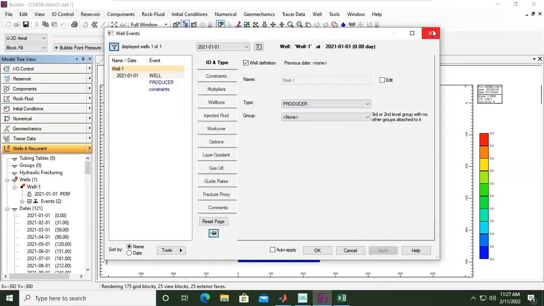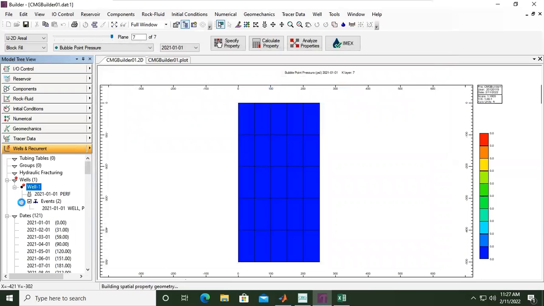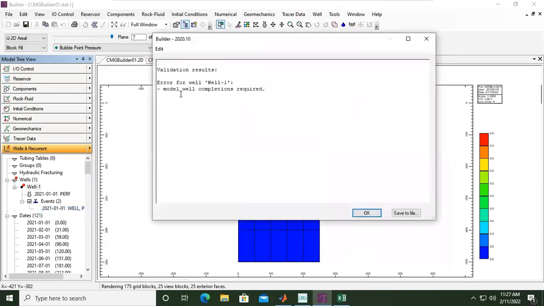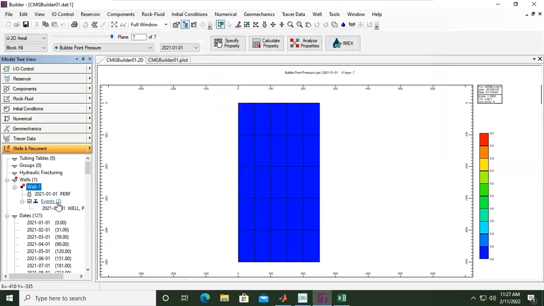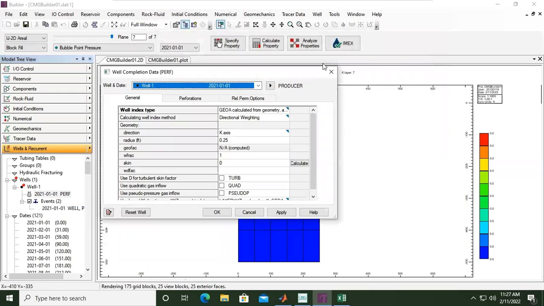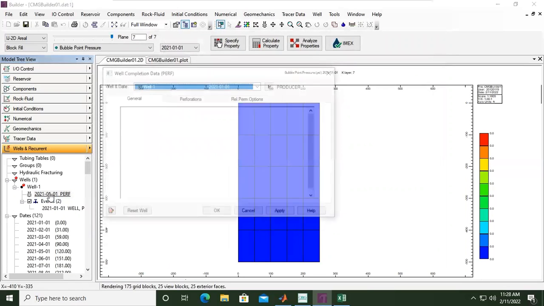This is okay. If you want to check, you can validate. Models well completions required. Yes, of course, we need to provide the completion or the perforation. So click OK. Now we need to go here. Double click, add perf.